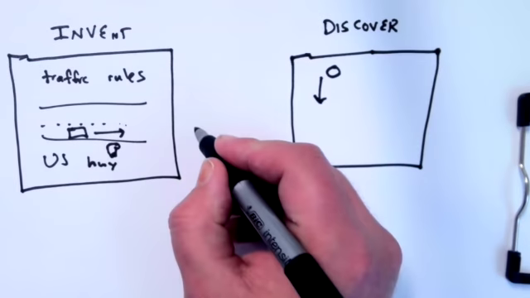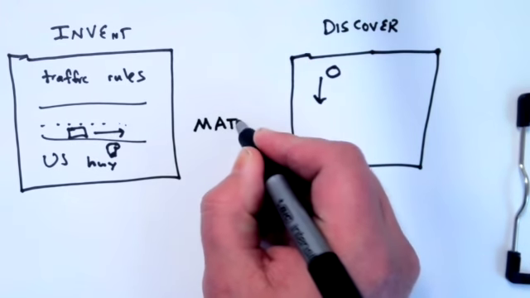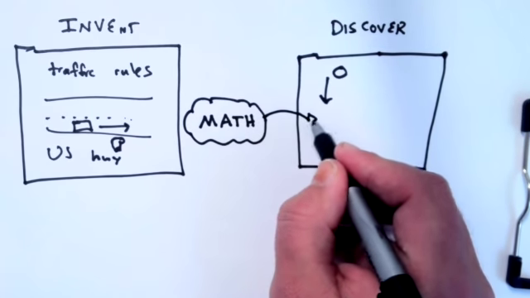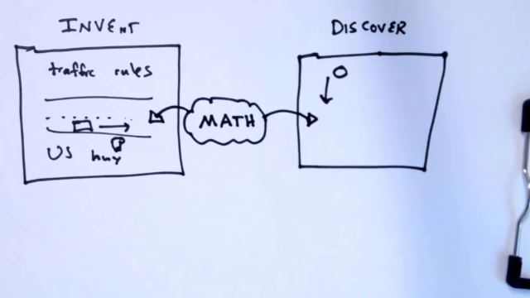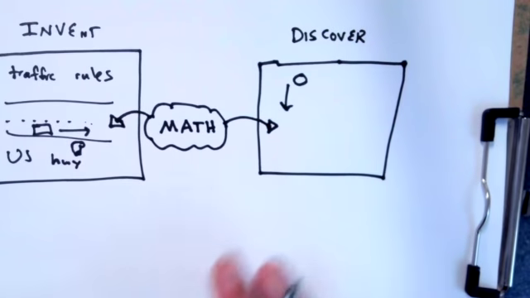And the question is, which box would you put math in? Would you say that we discover the rules of math or that we invent the rules of math? And it's not like there's a right answer to that question. So whatever your perspective is, you're entitled to it, and it may change as you learn more. But it's definitely the case that we invent mathematical notation as we discover we need new things.